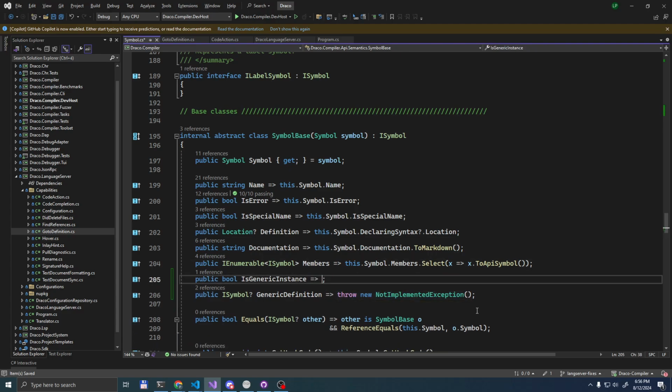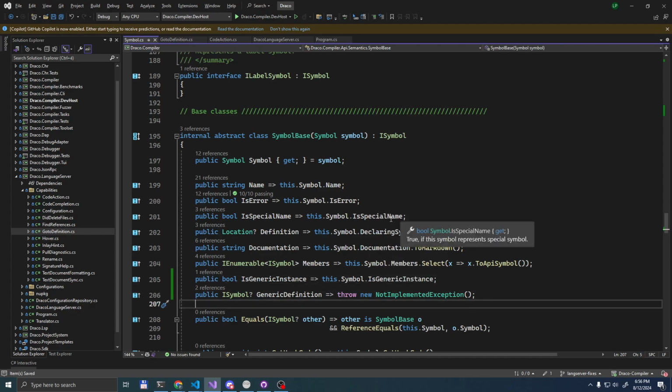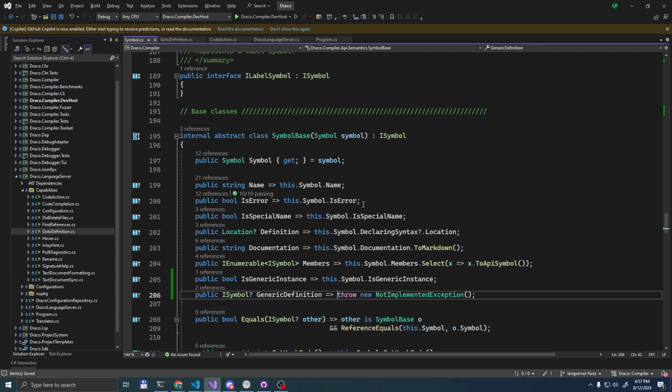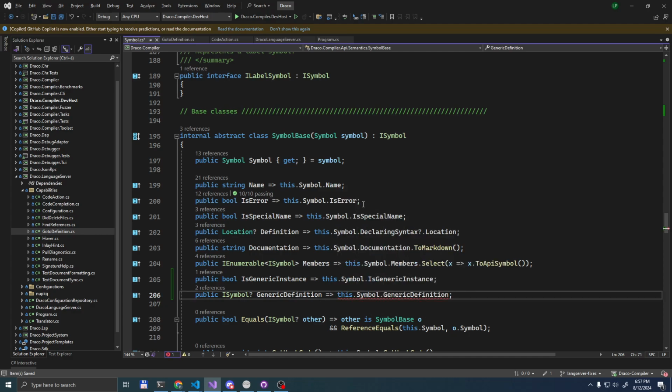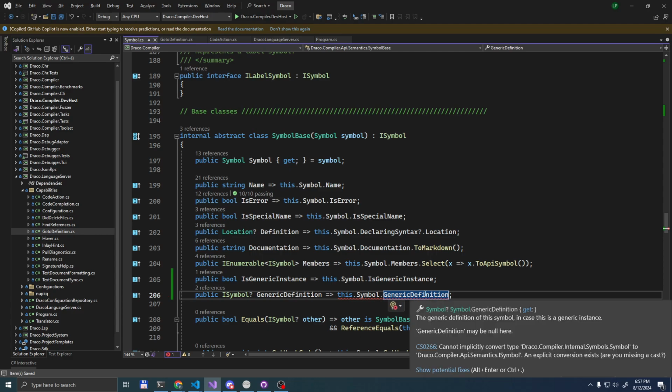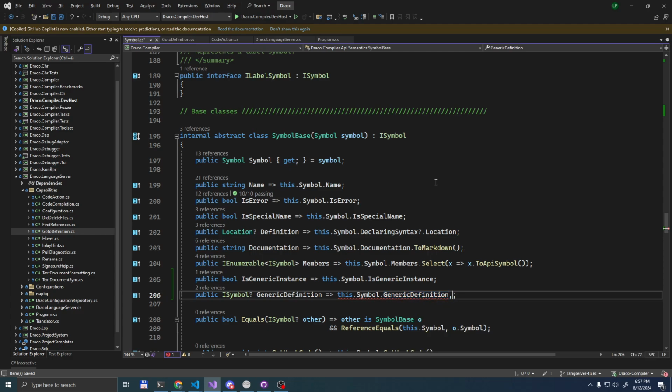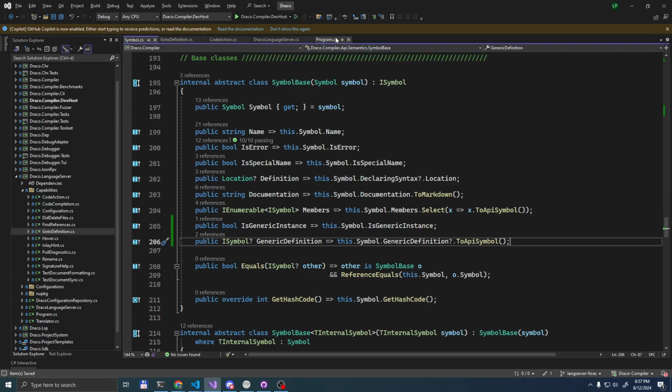What we can do is call this, because the internal symbol already has its generic instance property, and for the generic definition we have this, and unfortunately that's an internal symbol, but we have a translator. We just call to API symbol, and that can be null, so let's do this. And this should be it for the compiler API changes, actually. So now we can go back to